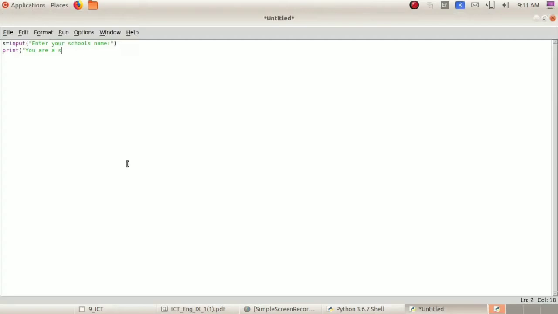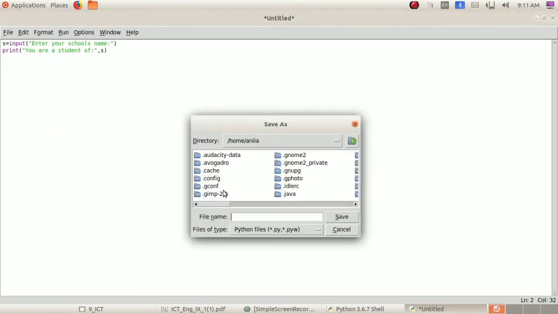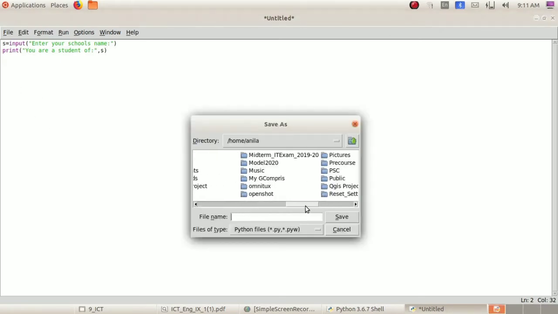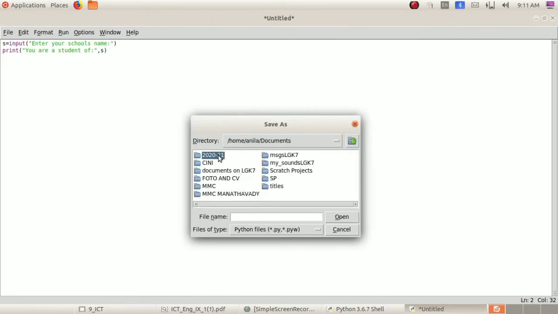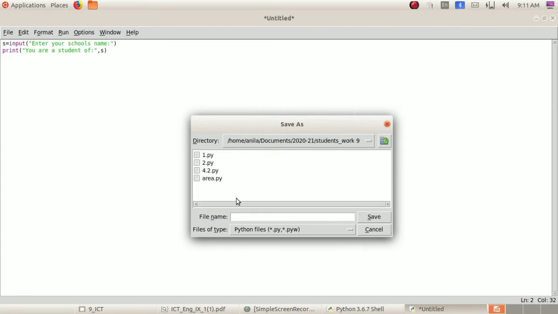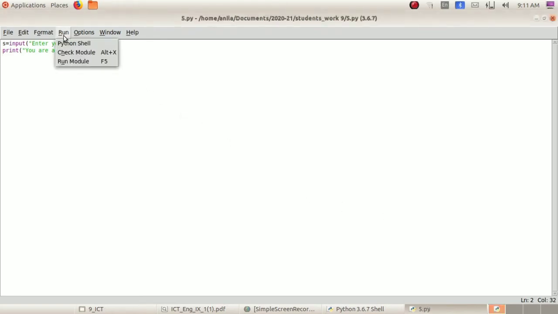You are a student of, colon, then close the string, then put a comma and give the variable S. Now we can save it into students work 9th. What is the extension of Python? Dot py. Then save it and we can run it.